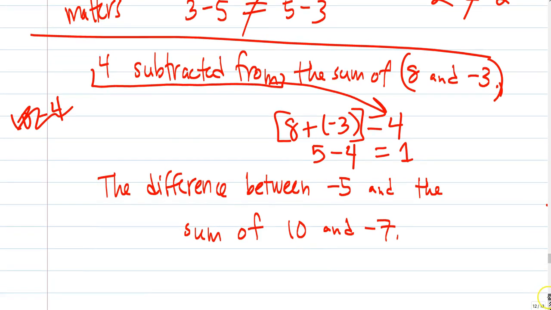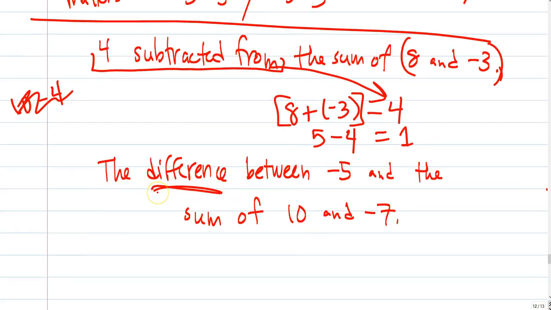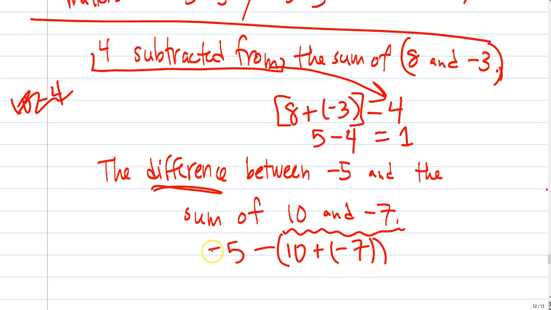The difference between, difference means what? We're going to subtract. We're going to subtract negative 5 minus the sum. The sum means that this whole thing is being added and that it is a group. We are grouping the 10 and the negative 7, and sum means we are taking those and we are adding them. The difference between negative 5 and this group. So we have negative 5 minus